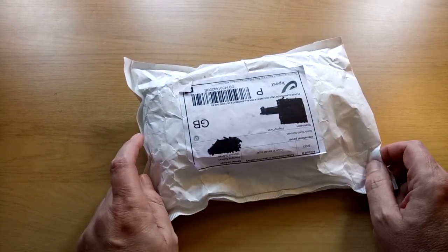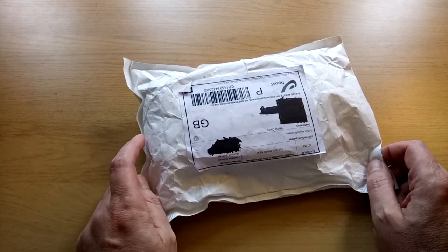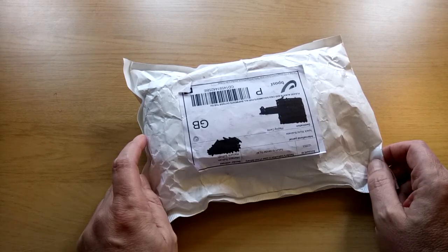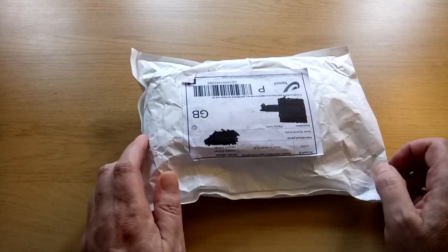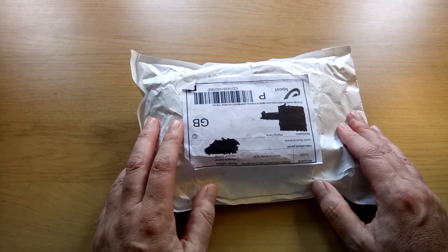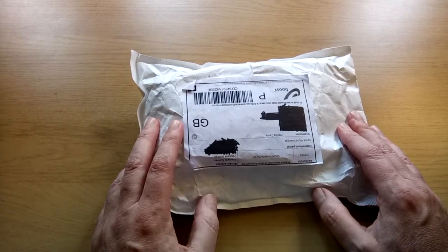I think I've worked out that it's physically impossible for this package to have reached me from Belgium, since I think it was posted on Monday and it's arrived today. Still, here it is. It's a package from Tarot Sheet Revival, and what I expect to find in this package